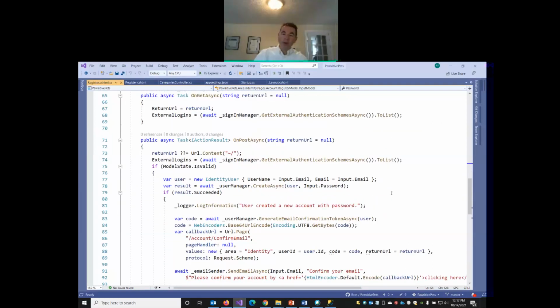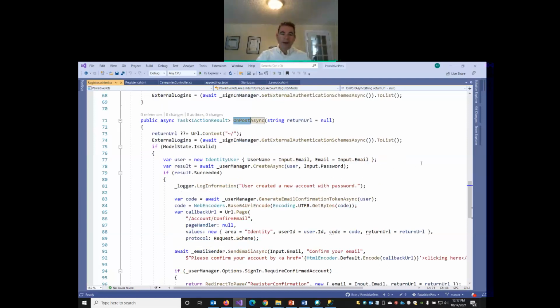We're just going to scroll down here to the method that starts on line 71. This is the OnPost method. This is the code that gets executed when the user clicks the register button and submits the form. So it checks if the username and password are valid. And if they are,